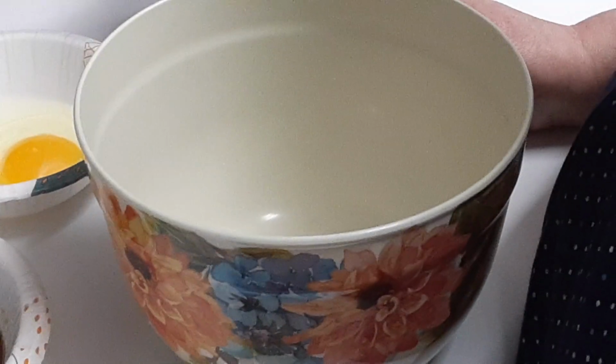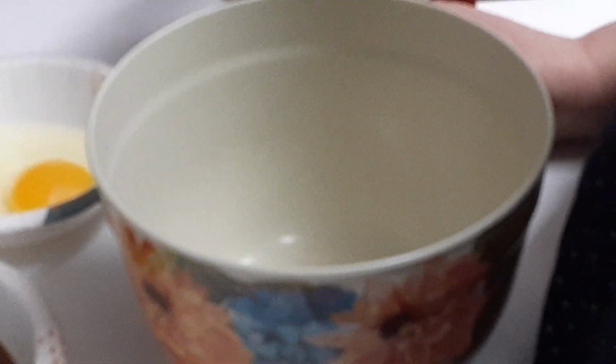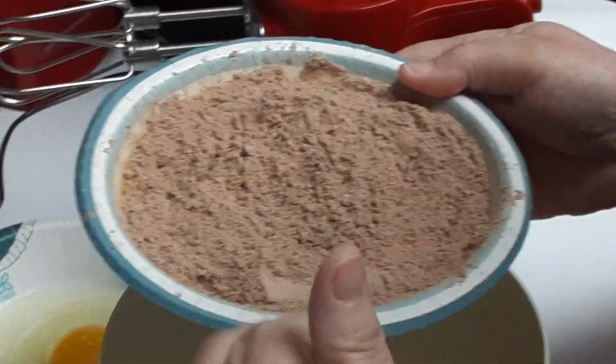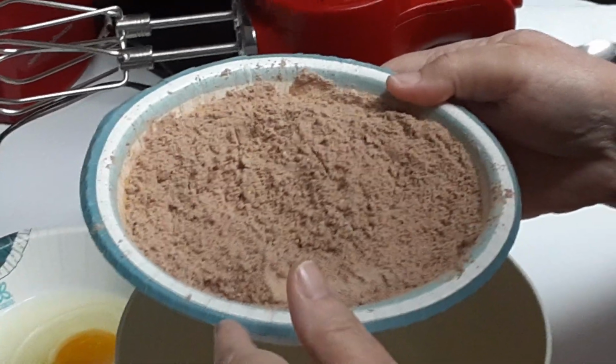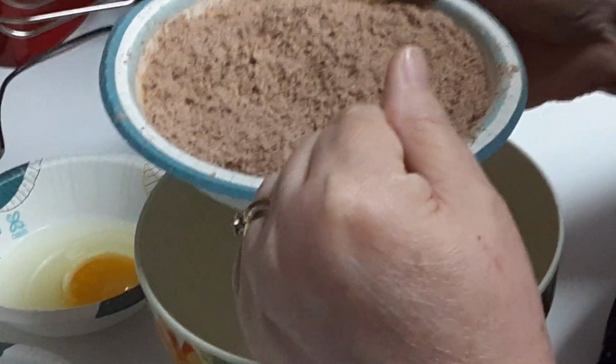We're going to be making a devil's food cake tonight. To start with, I've got my dry ingredients whisked up in this bowl. I've got cake flour, baking cocoa, baking powder, baking soda, and salt, all whisked up together. I'm not going to give you the measurements, but I'll post the full recipe in the